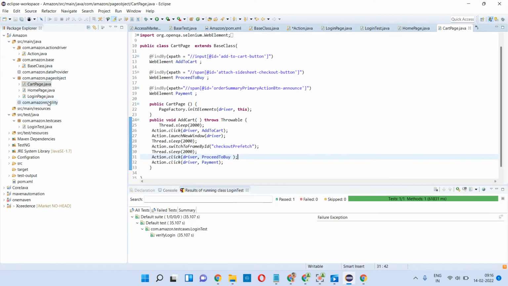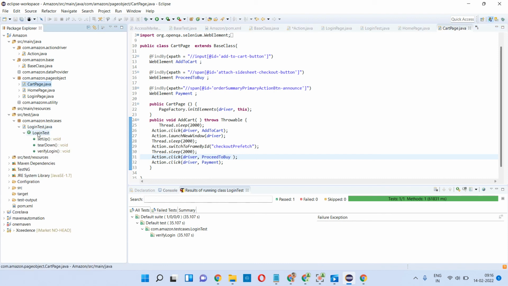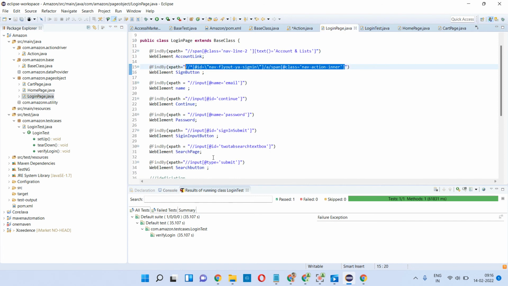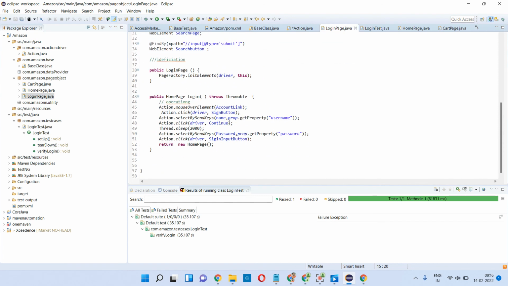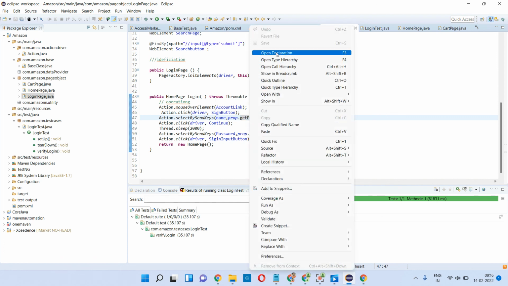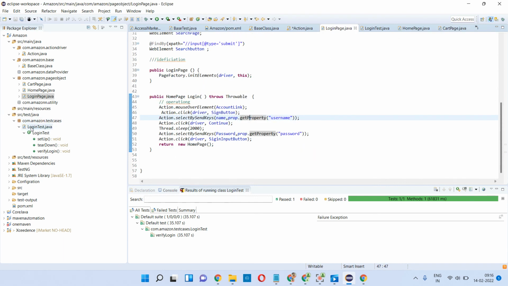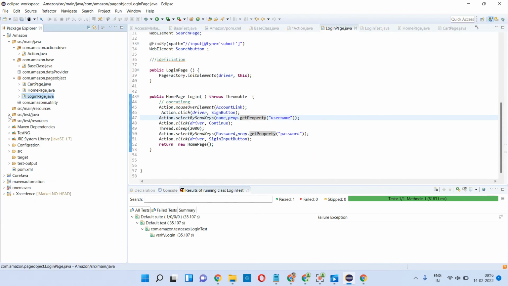And one more thing I have taken: for the login method I have used this get property method. To get all the values, I have taken it this way. Not XPath, but the username and password configuration files I have set here.